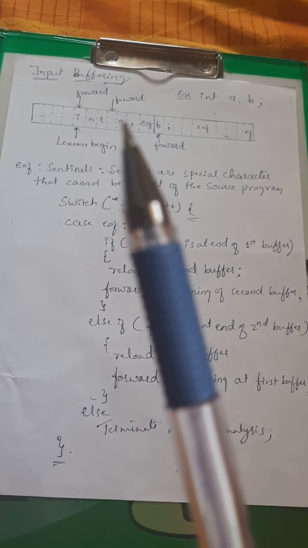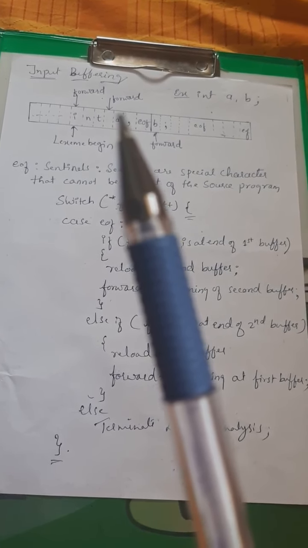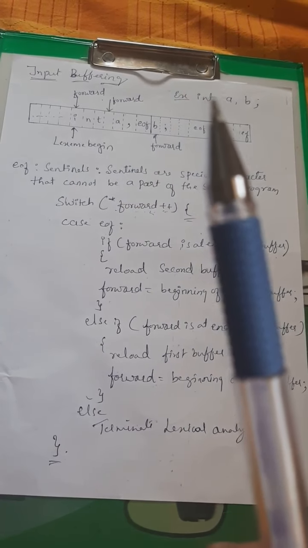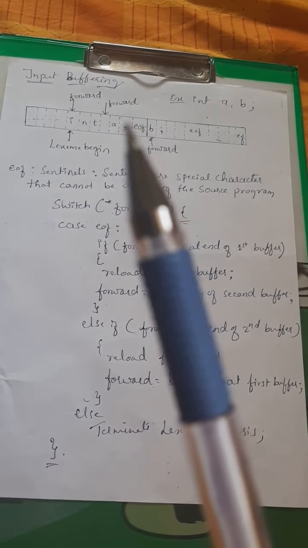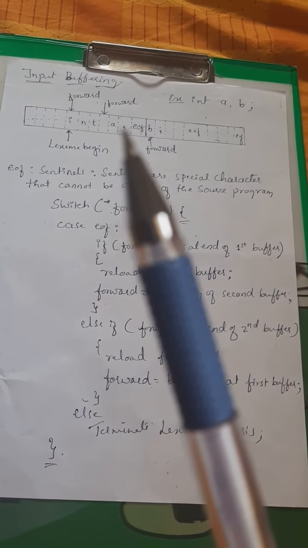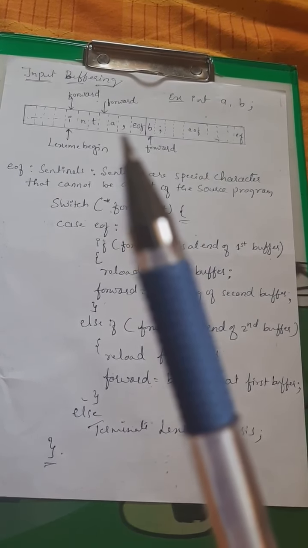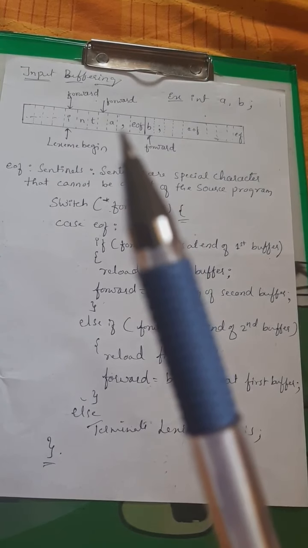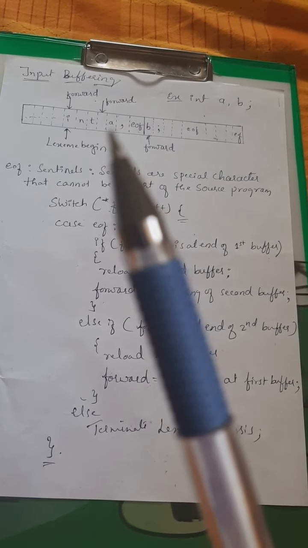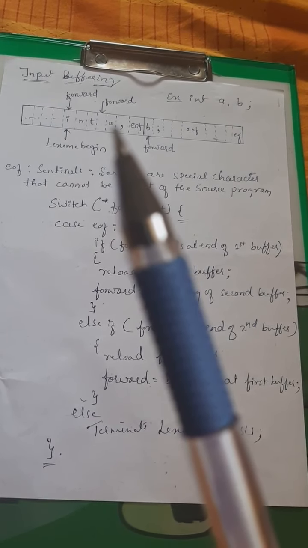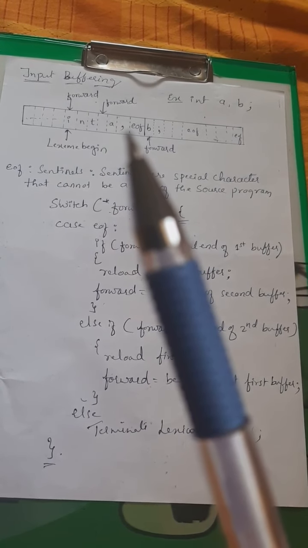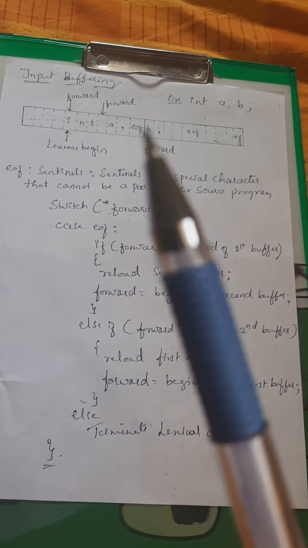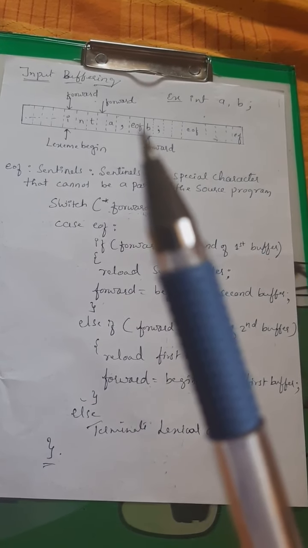So it will read the lexeme a from this block and it will match the pattern written for the identifier. Then the forward pointer is moved ahead. It will come across the separator comma. So the pattern match is not found. So it will create another token for this lexeme a, that is ID. Then it will create the token for this separator, that is separator. Then it will come across the sentinel EOF.